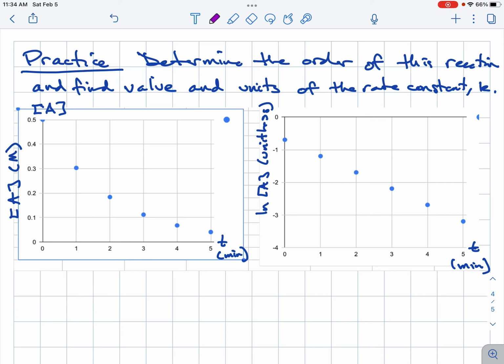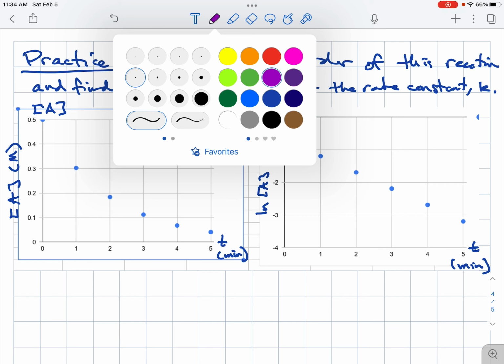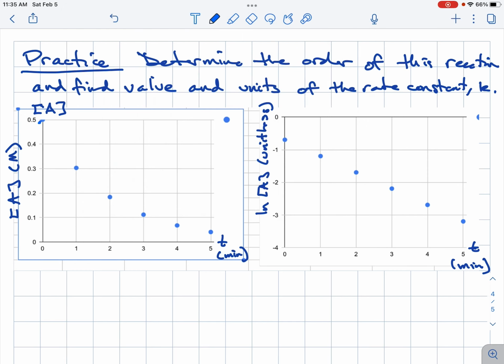Determine the order of the reaction and find the value and units, which we haven't really discussed, but we'll go over in this example, of the rate law constant k. All right, so I've given you 2 graphs here. It's a little hard to see on this graph, but there's a point right here, and it lies on the concentration axis, and this is a time axis down here. This is a natural log of concentration axis, and this is a time axis down here. I couldn't get my graph to have labels on it because I was being computer challenged. Anyway,